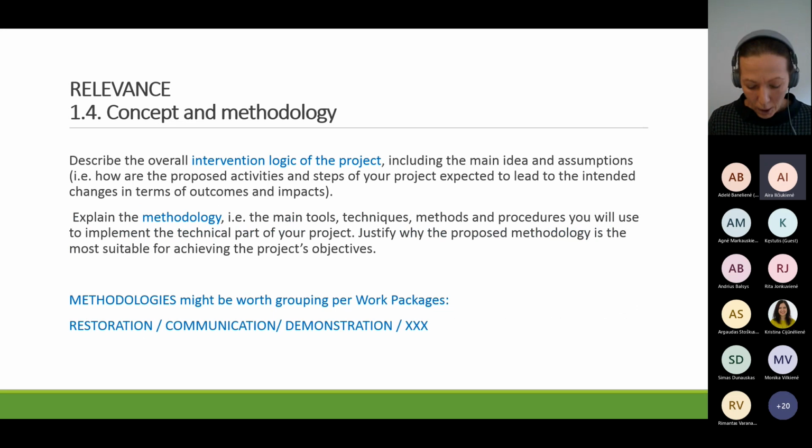And then there is a more creative part that's called concept and methodology. I'm currently struggling with this one, actually, because it tells you to describe the intervention logic of the project. So I started by writing actions and means. To achieve this objective, we will do this, and this will result in these activities, but it's proving to be a very long exercise, so I don't know what good to tell you, apart from make some kind of a scheme, also showing threats and solutions to threats if you can, and also explain main methodologies, and not